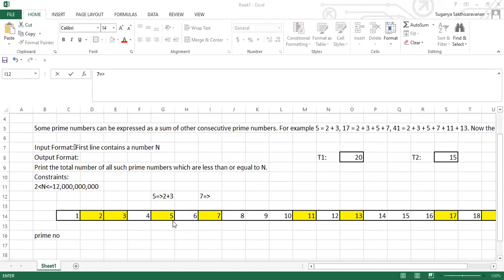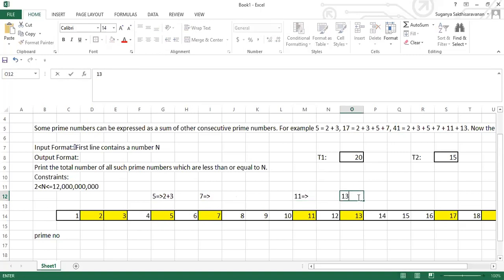Whether the condition is satisfied, then this will not be coming under this criteria. The same way 11. For 11 also, just check for two consecutive prime numbers. You're supposed to keep on adding like this. The two consecutive prime numbers have to be added in this way. So this is what they did, and this will not be satisfied. For 11 also, no condition will be satisfied. Like 2 plus 3 gives you 5, 5 plus 5 is 10, 10 plus 7 is 17. So for this also, the condition is not satisfied.